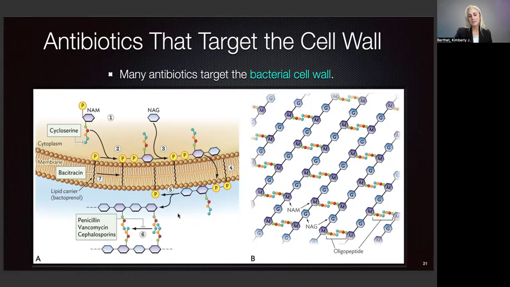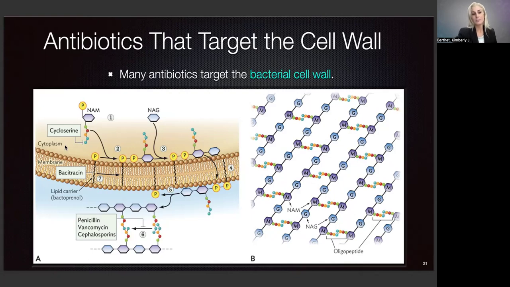We can use specific antibiotics, which can break down the attachment sites that we see here. And remember, it's like a chain link fence that holds the cell together and helps with osmotic regulation of water going in and water going out. If we break open that chain link, all of a sudden the cell is susceptible to osmotic irregularities, which can cause lysis of the cell. So here we see penicillin, vancomycin, cephalosporins are all going to alter the way that it actually connects together,